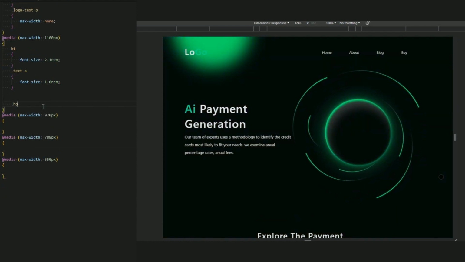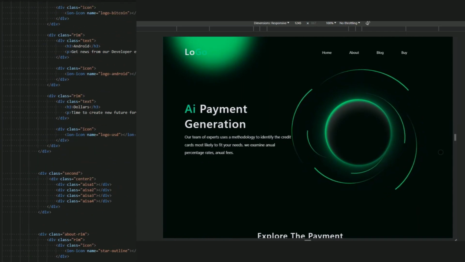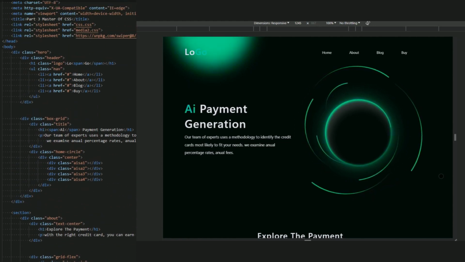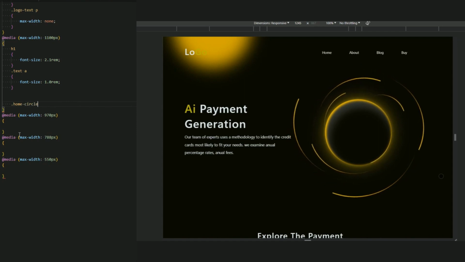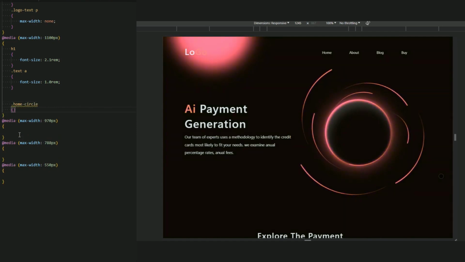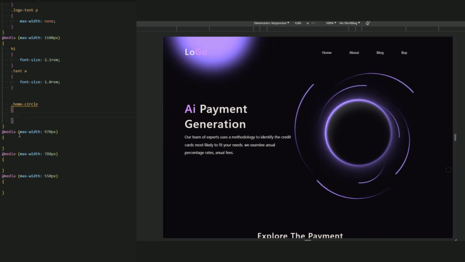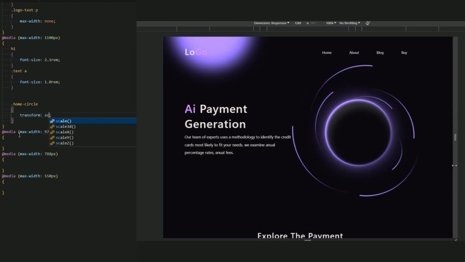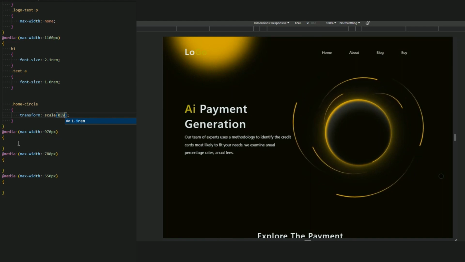If we name it home circle, I think, yes, home circle for this. Let me just see, yes, we name it home circle. So let me just add the transform scale to resize, reduce a little width and height instead of adding width and height. So I add a scale transform scale 0.9.